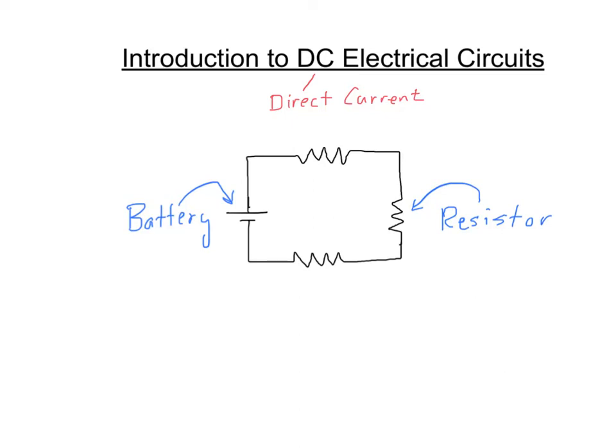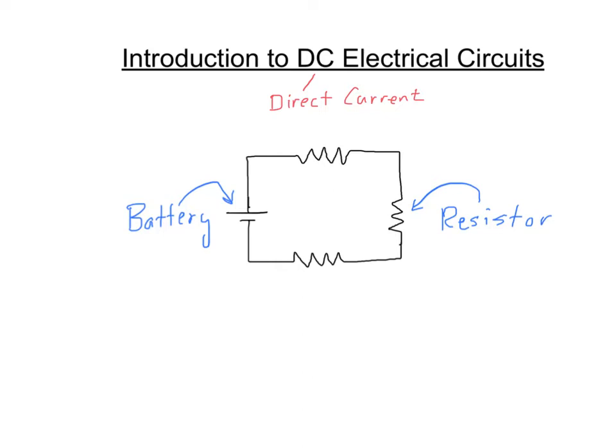This is different than in your house, which has AC current, which is alternating current. It goes back and forth in different directions 60 times a second, believe it or not, because of the way electricity is generated at the electrical company. But direct current, which is all you need to worry about for AP Physics 1, is current that's supplied